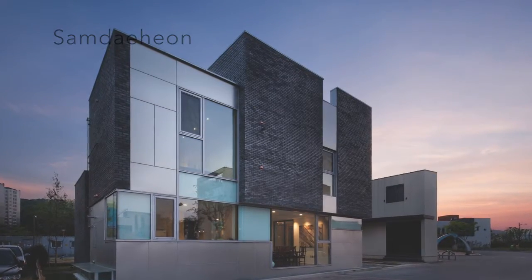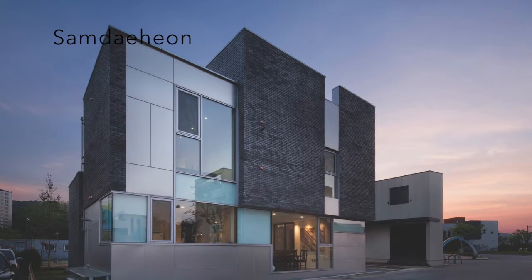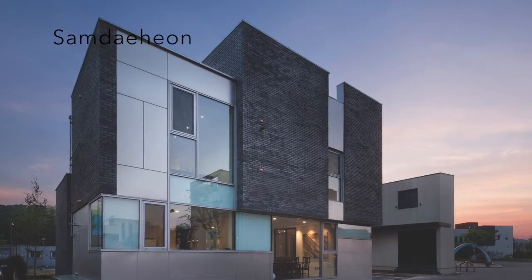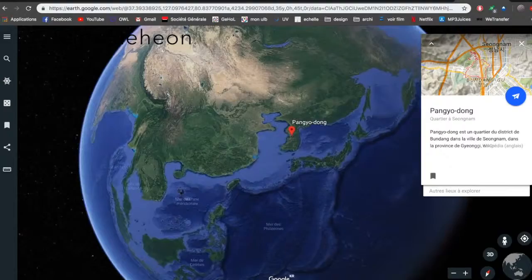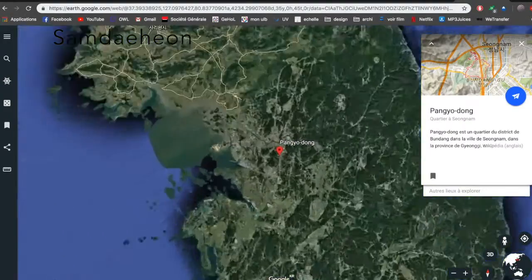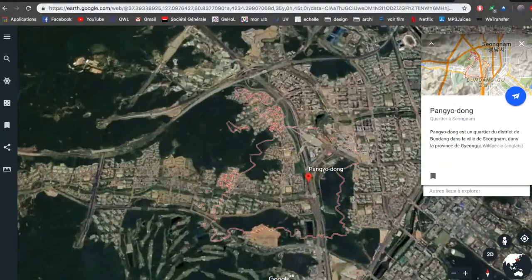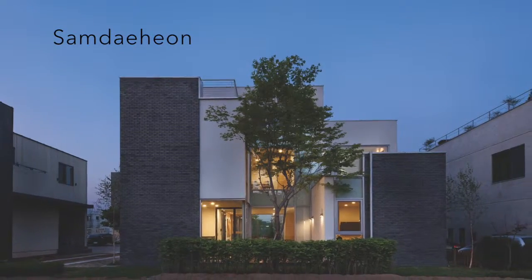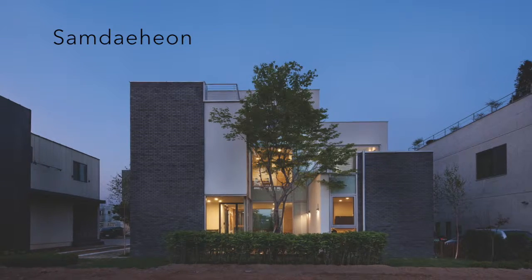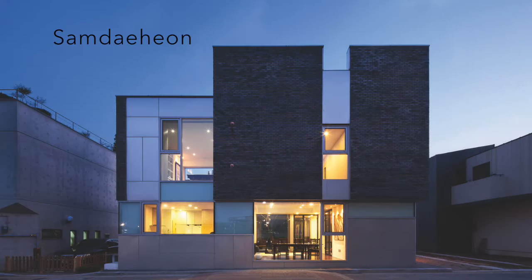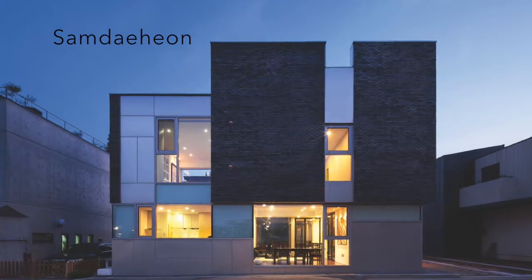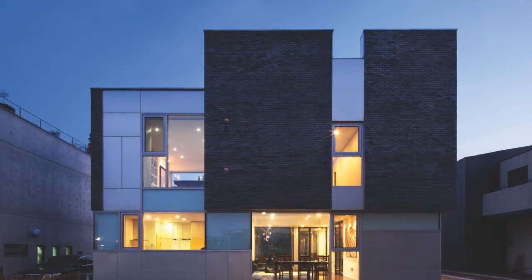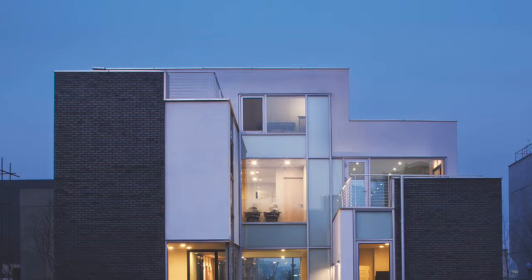Let's start with a project. It's called Samdaehan. It was built relatively recently, 2012, in Buyegun in South Korea. Pangkyur is an emerging residential district located at the south of Seoul. Young architects, in this case a couple of young architects and their parents, want to live there together